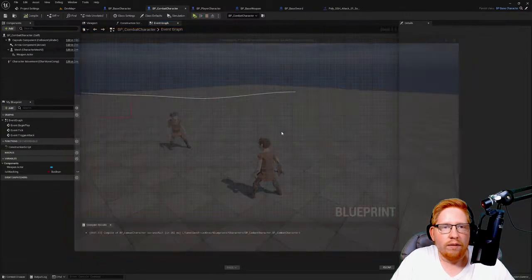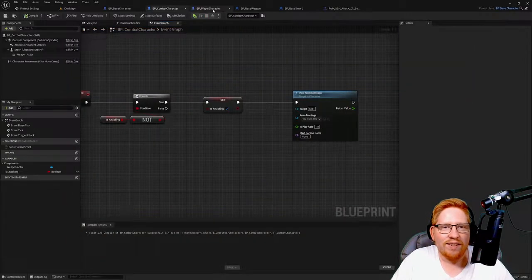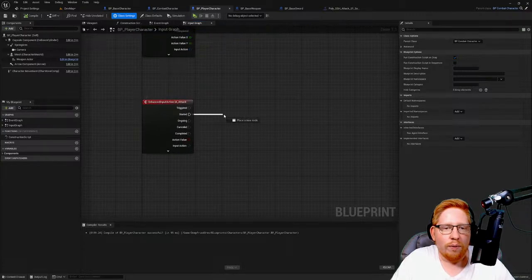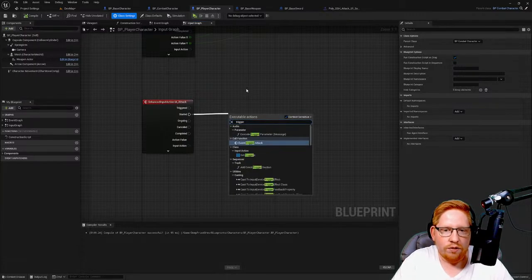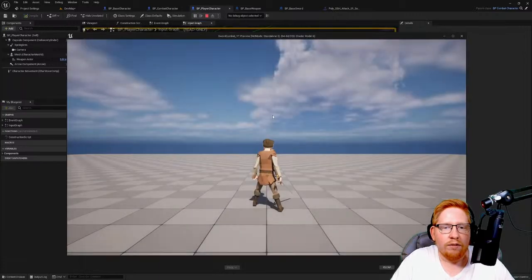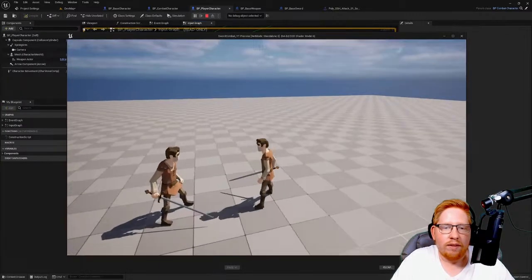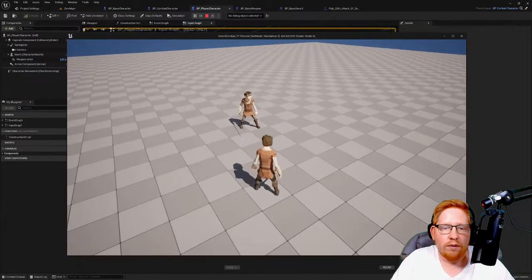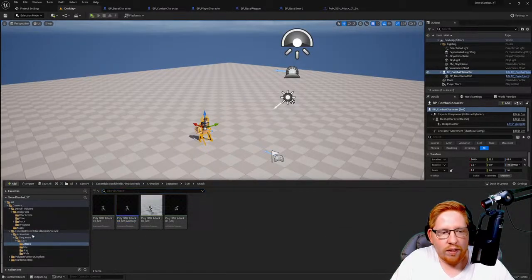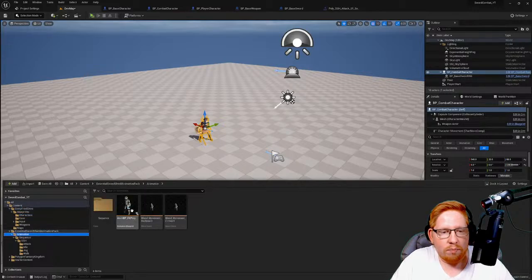Come over here, and we also need to activate the input, which isn't in the player character. So once we've started here, because the player character derives from the combat character, we can just drag off of here and go event trigger attack. And you'll notice when I do the attack that the character sort of steps forward, but nothing actually happens. And that is because if I go over to the animation blueprint,